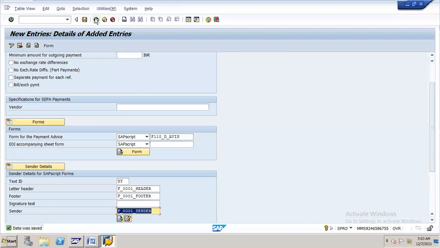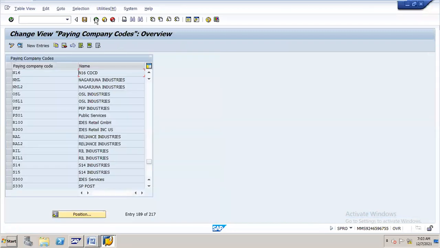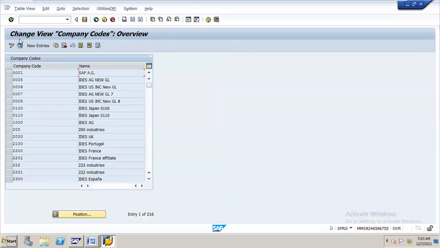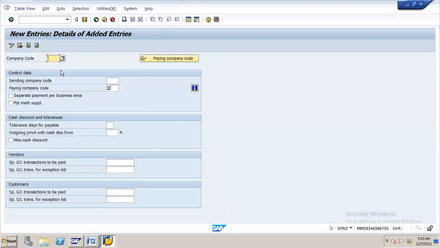Next, the fourth step: set up all company codes for payment transaction. New entries, paying company code.